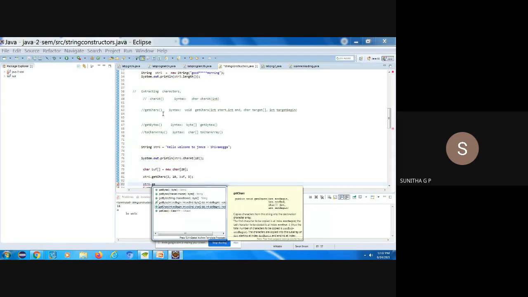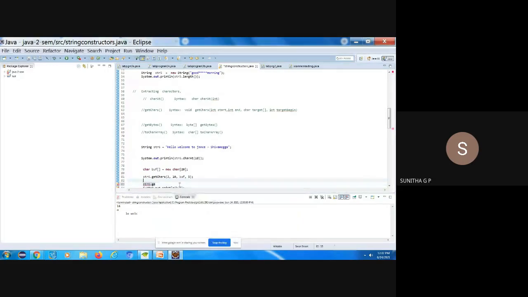Here we are storing only the required number of characters into the character array. That is the difference. This function's explanation and syntax you can get from this only, or from a book, or from any other source on Google, or from my slides.